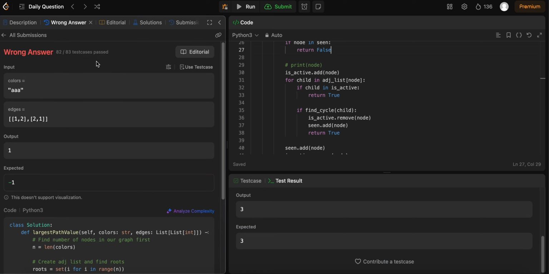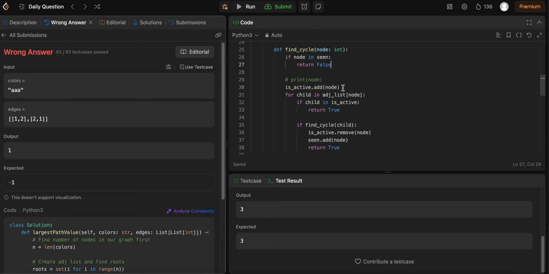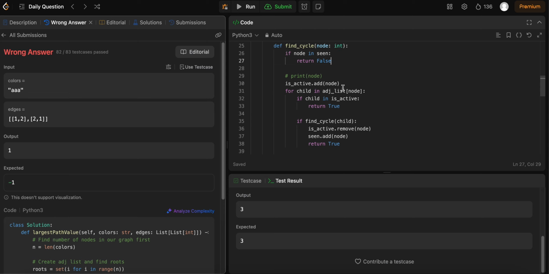Oh, well, actually, we don't have that issue. We only have one more problem. So let's try to find out what the problem is. So it's AAA. The output is 1, expected is -1 because we do have a loop there, but somehow it didn't find the